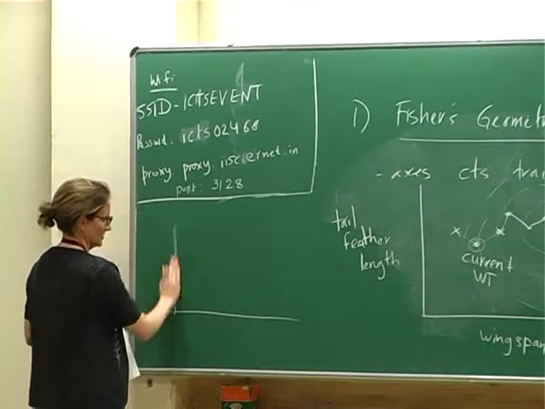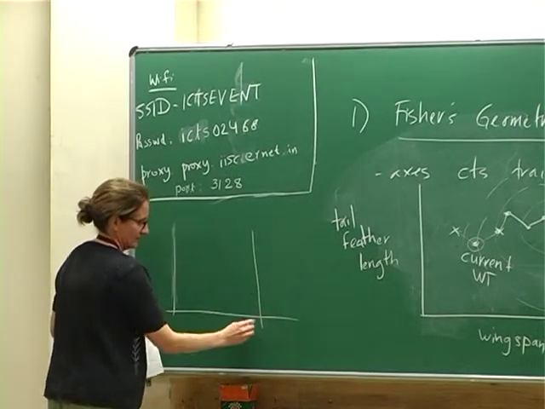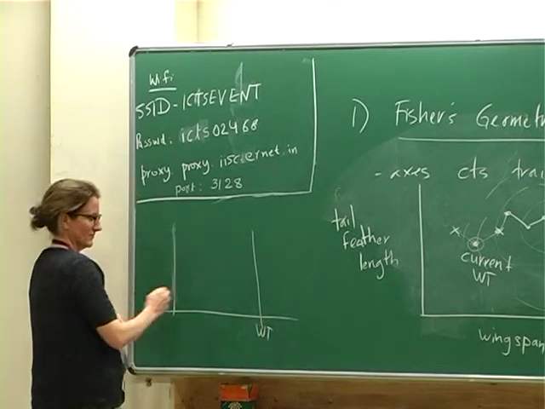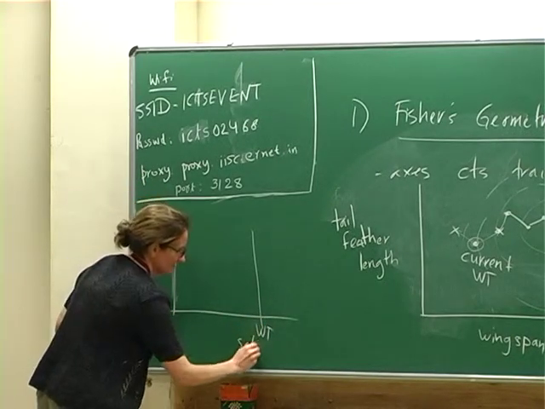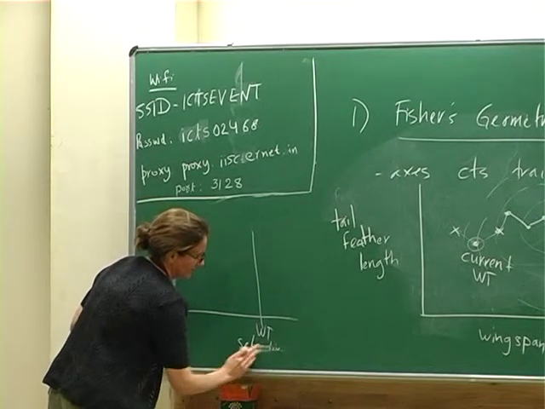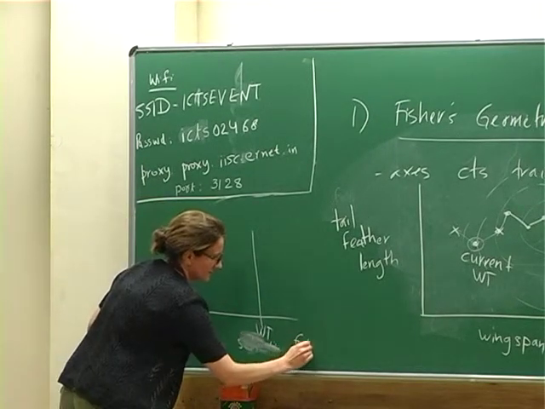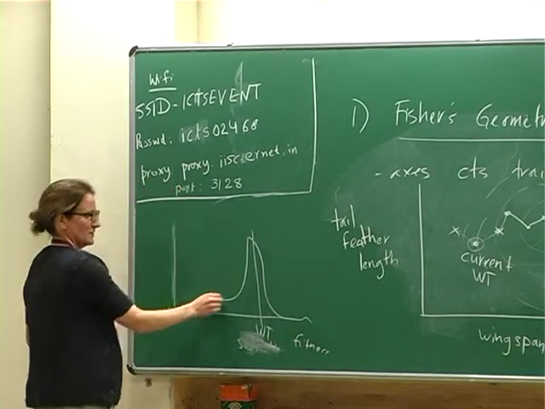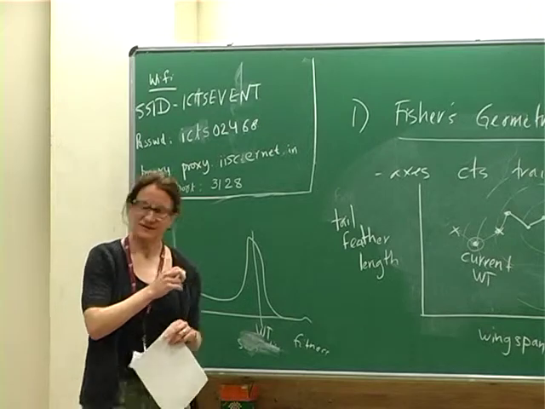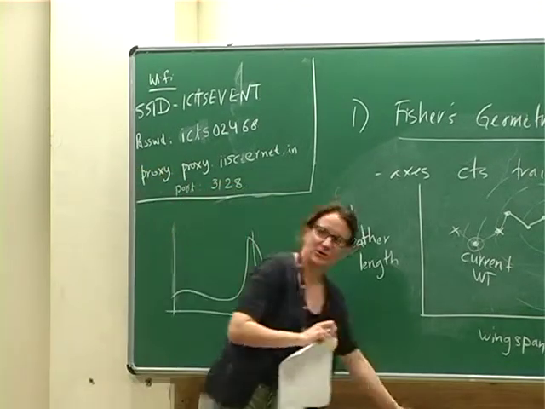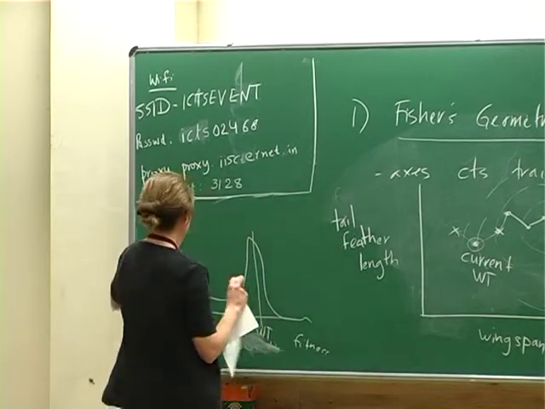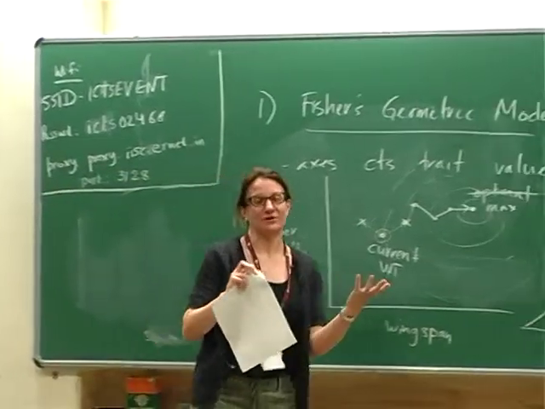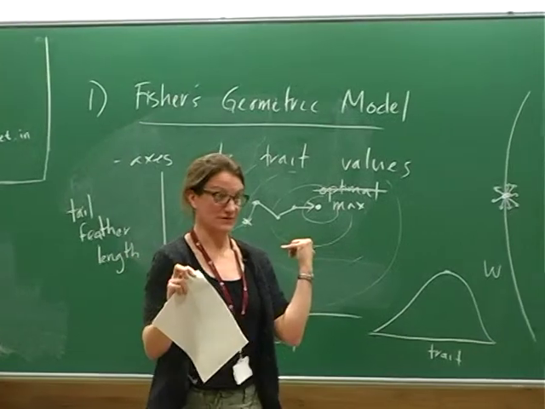Actually, let's put an origin over here. This is your current wild type fitness, and this is the selective effect. Or, well, let's just say fitness. If I put fitness on this axis, I've been showing you pictures like this, right? Anyway, you don't get this bulk of mutations that are neutral out of this model.